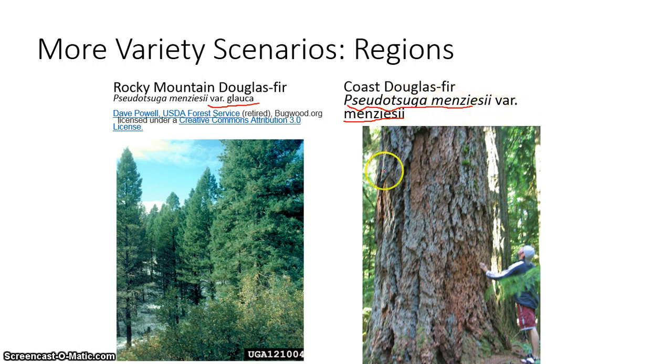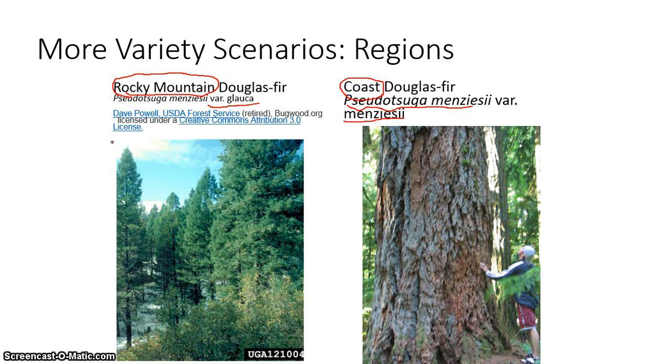But what that's doing is recognizing that in the wild, Douglas fir grows in two different ways. We have the coast Douglas fir, which are the monsters that we are used to seeing on the west coast in the temperate rainforest of British Columbia. But there is also an inland Douglas fir called Rocky Mountain Douglas fir. And this you will see more in the Rocky Mountains of Alberta, in around Banff and Jasper National Parks, where